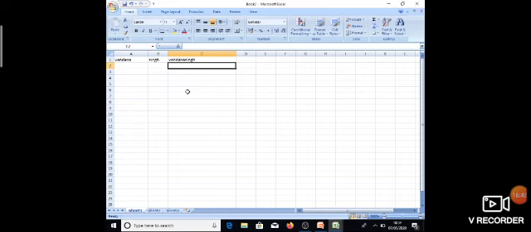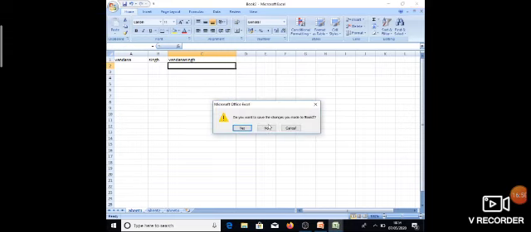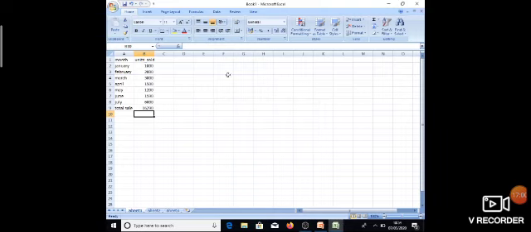And to stop the extended selection, you must press F8 again. Okay. So this is your cell range.